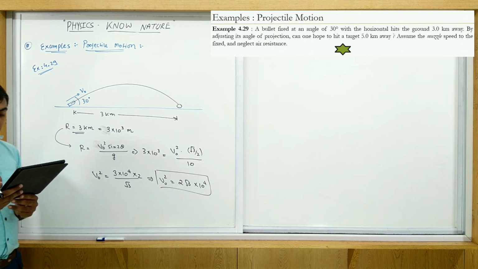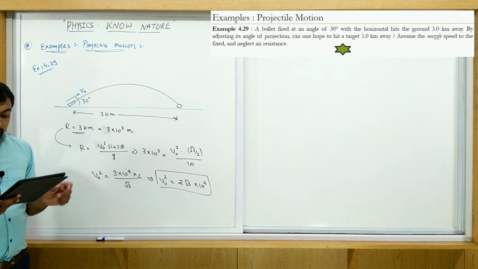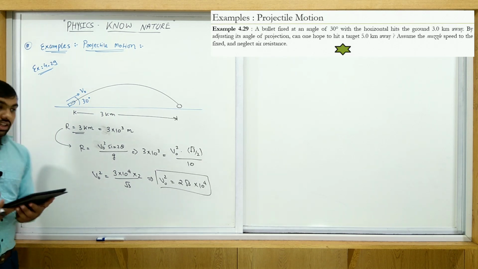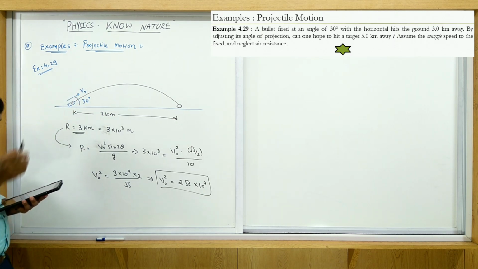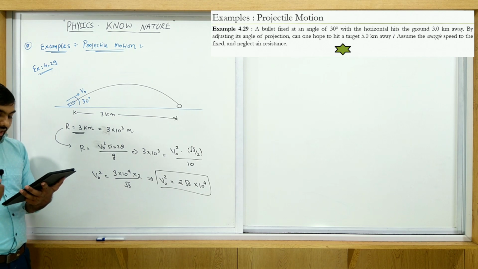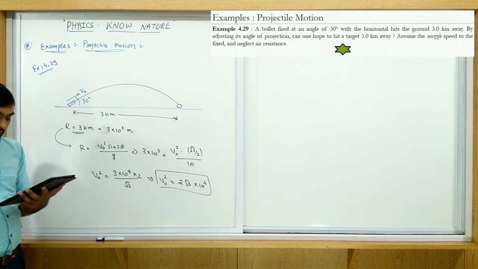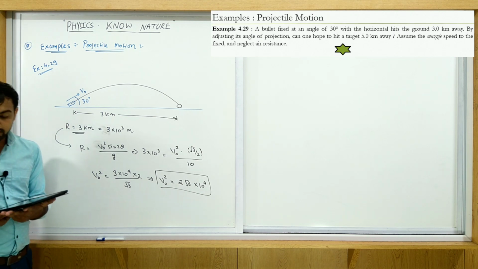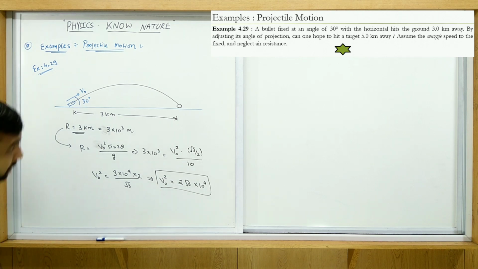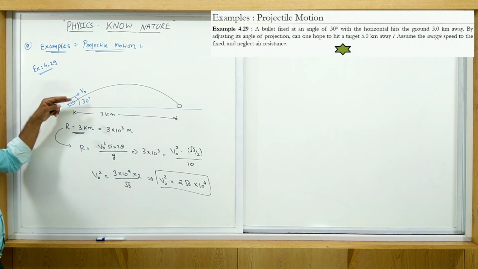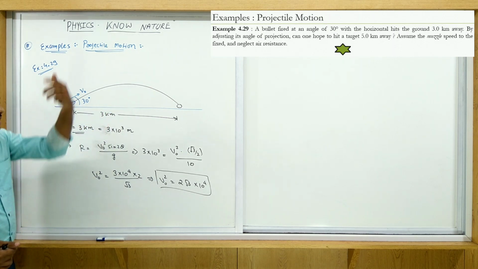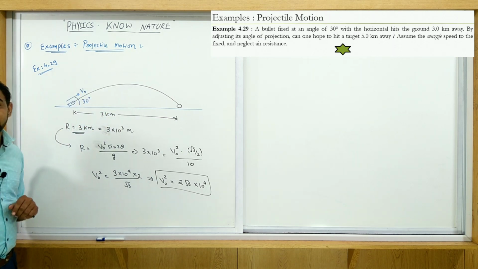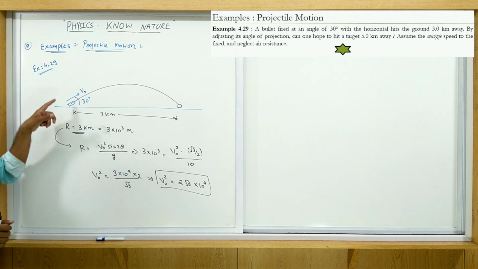Okay, now the question is what? By adjusting this angle, if you adjust this angle 30 whatever, and you want to hit the target which is 5 kilometer away, is it possible or not? Is it possible or not? मतलब कि यही बुलेट आप कोई एंगल एडजस्ट करो तो आपको कोई दूसरे टारगेट जो 5 किलोमीटर दूर है तो आप उसको हिट कर सकते हैं कि नहीं कर सकते, ऐसा आपका केस है, ठीक है।